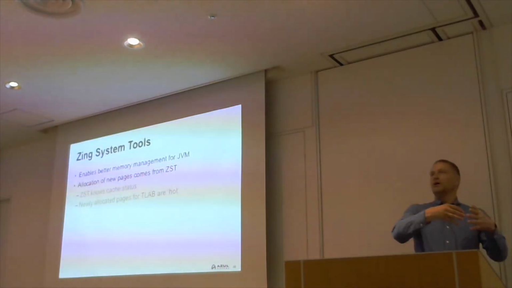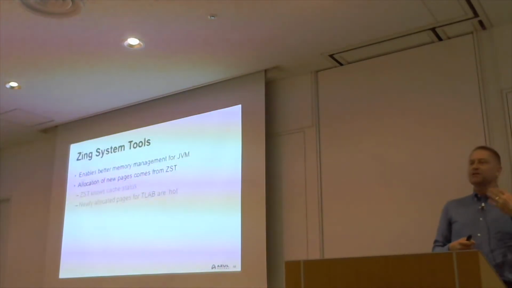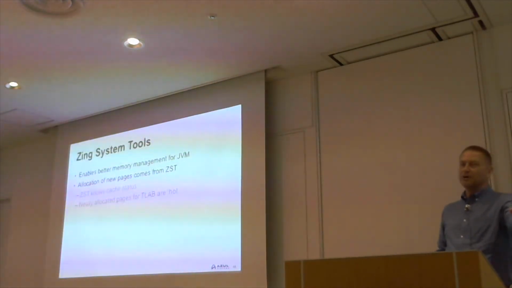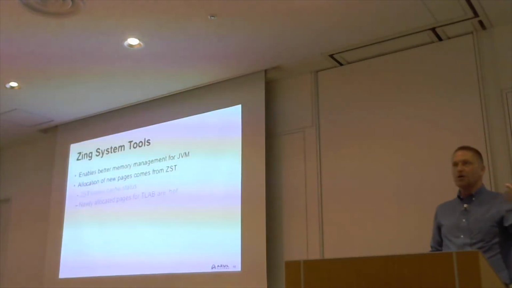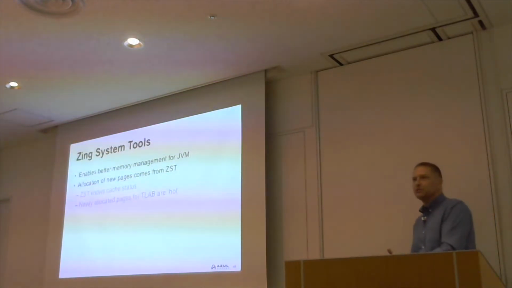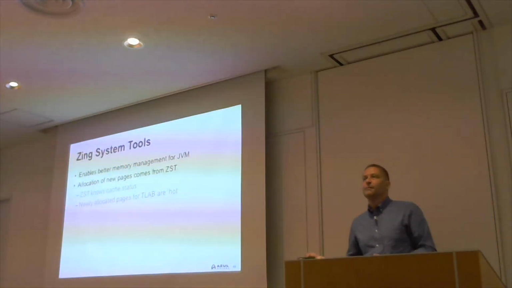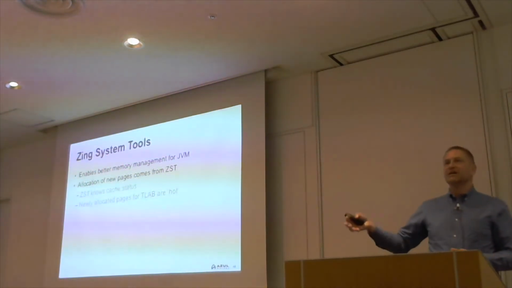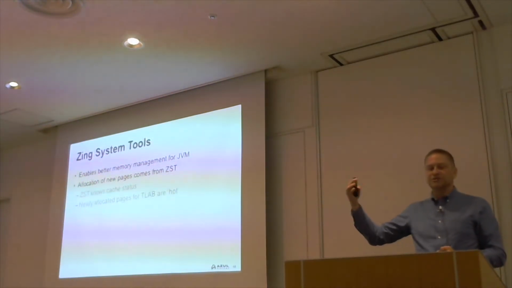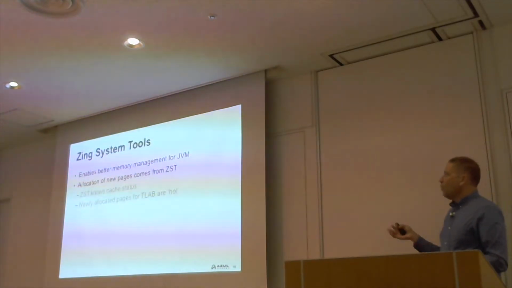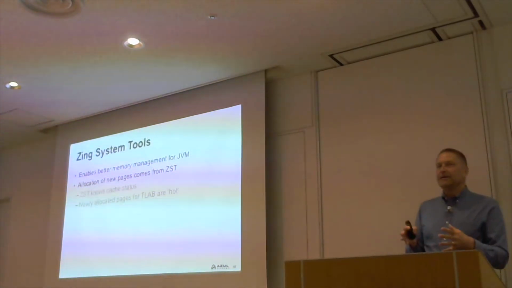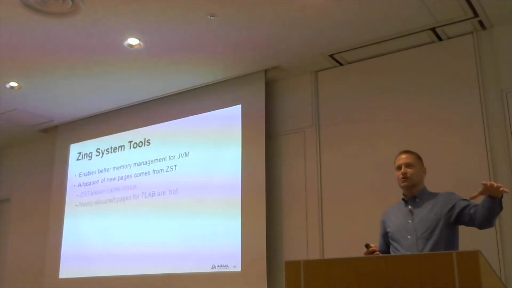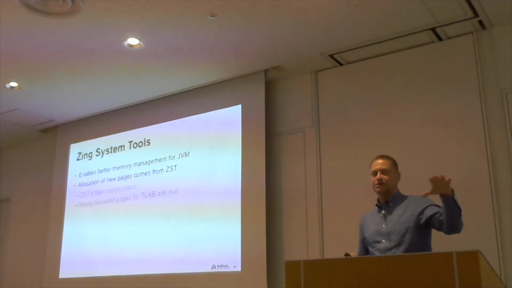If you look at a normal JVM, when it's using the heap space and it needs a page of memory, it'll go to the operating system and say, give me a page. What it'll get back is whatever page the operating system decides to give it. Most likely, it won't be a page that's in cache. It'll be one that it gets from somewhere else. What we do is we make sure that where we can, because we monitor all the pages that we have, we'll give you one that's already in cache. So you get better performance straight away.